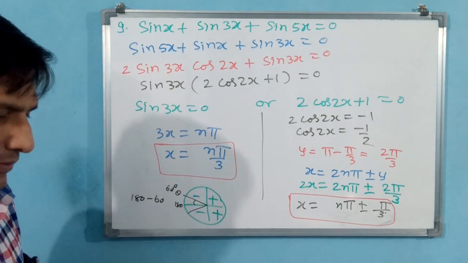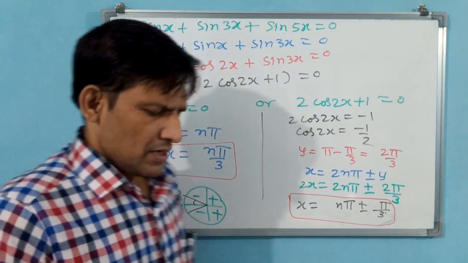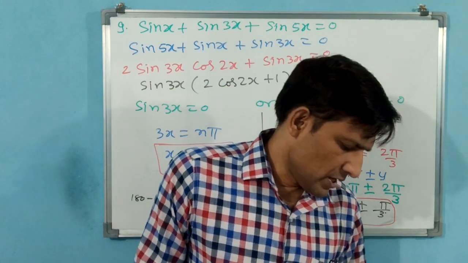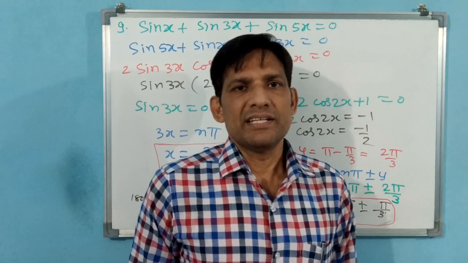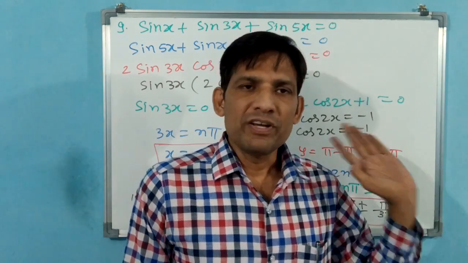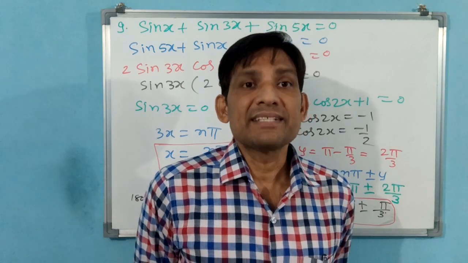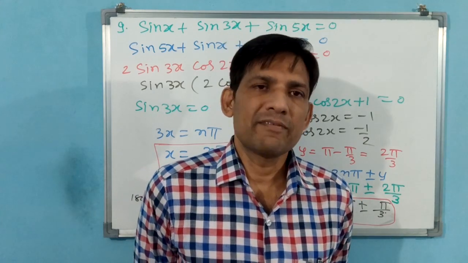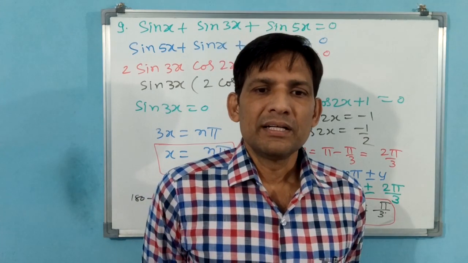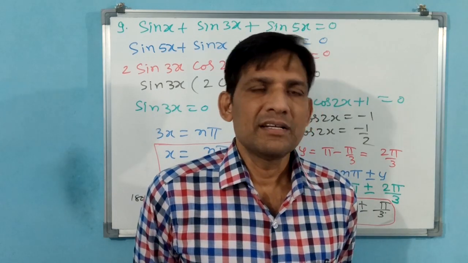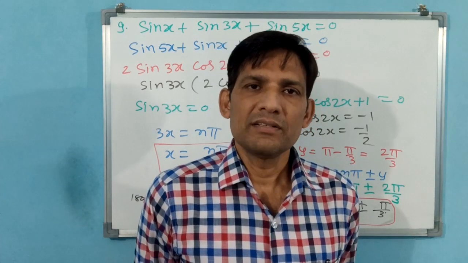Now we finished this exercise 3.4 also. Next exercise will be miscellaneous. Now I am going to give miscellaneous exercise number as 3.5. In the next class, let us start 3.5 exercise, miscellaneous exercise. Okay, thank you very much.